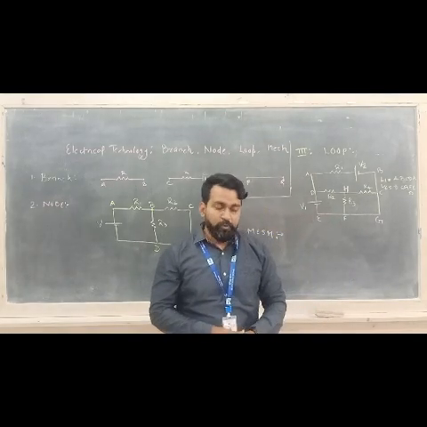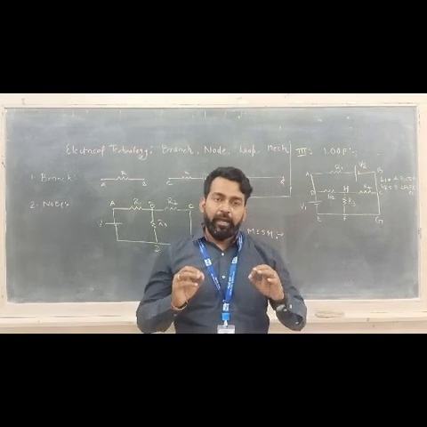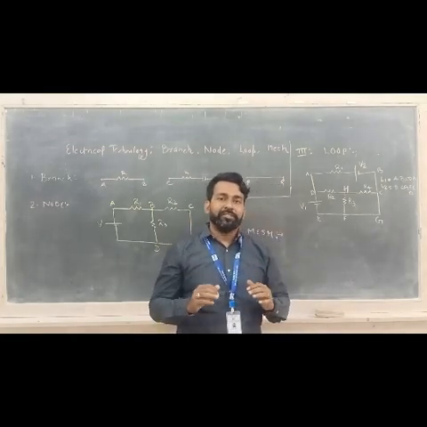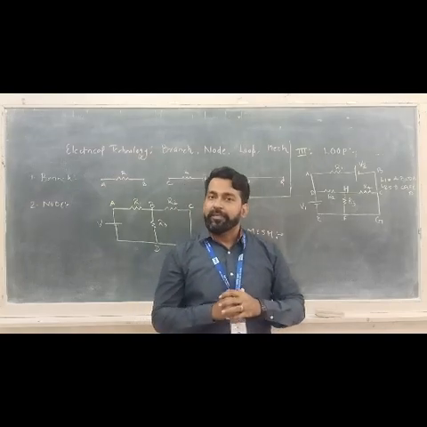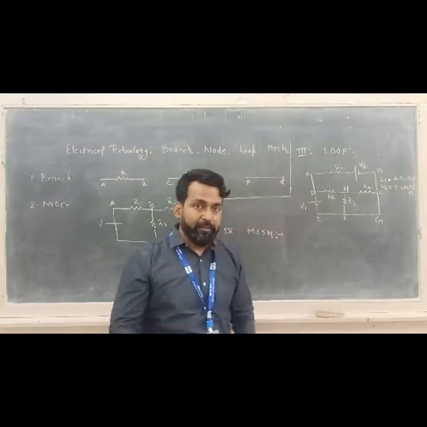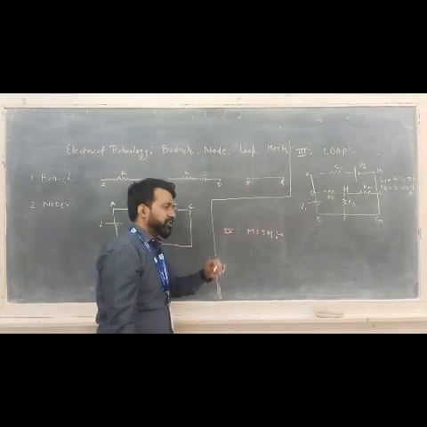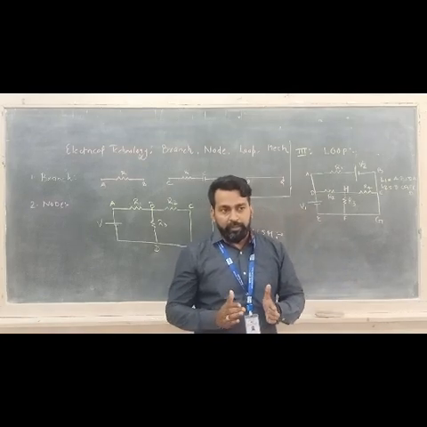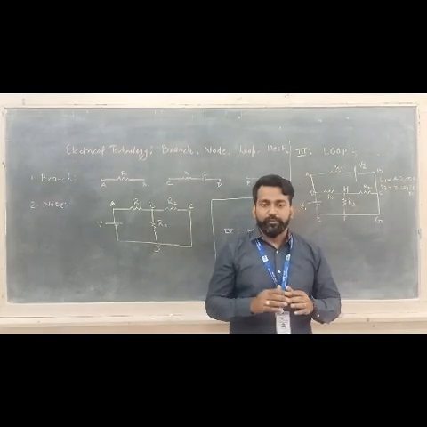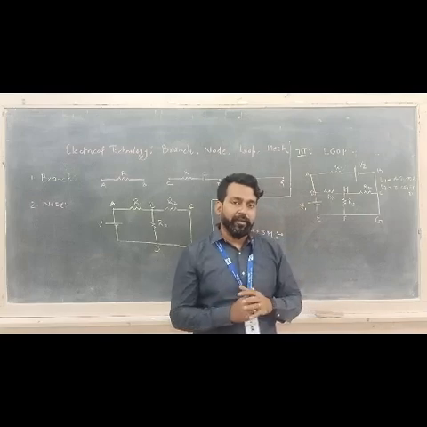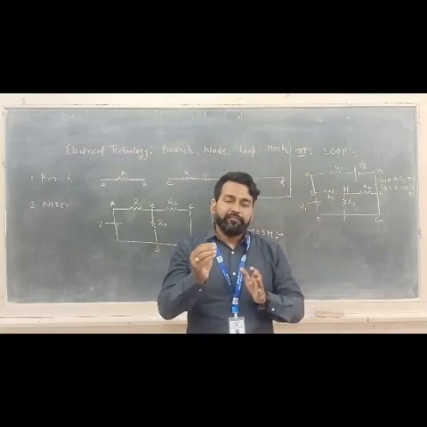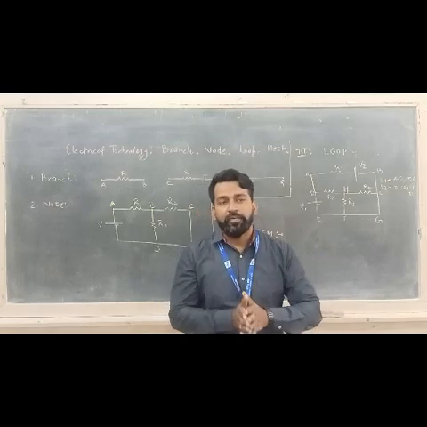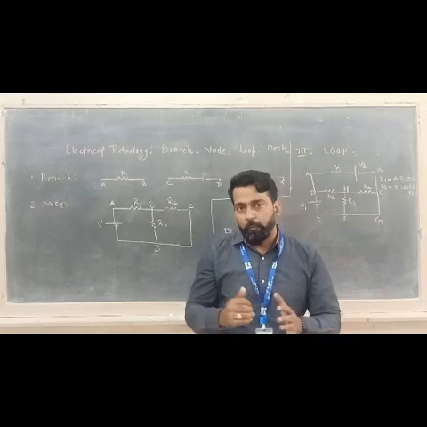So I summarize what is a loop. A loop is nothing but a closed electrical path present in the circuit or network through which current can complete its path. Now the final terminology which we are going to discuss today is mesh. What do you mean by mesh? See, mesh and loop are similar to each other. Most people use the same word, mesh and loop, again and again. But there is a fine difference between mesh and loop, and you should be able to differentiate what is a mesh and what is a loop.